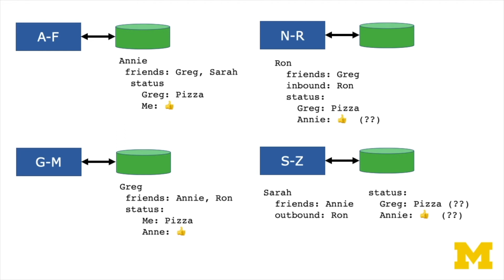And Ron is friends with Greg, but not friends with Annie. And Greg made the pizza status update, and Annie did a thumbs up. Does Ron see the thumbs up? He certainly has to see Greg's comment because they're friends. This is hard. Facebook's hard. And this is why the privacy options in Facebook are so complex, because I just gave you the simplest example and my head already has question marks all over the screen.